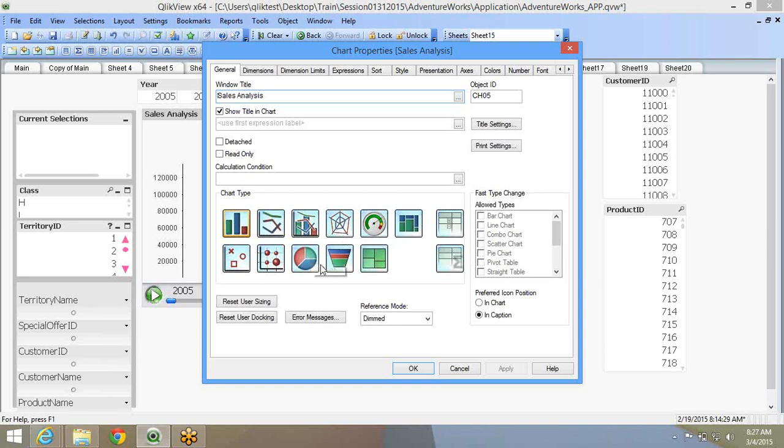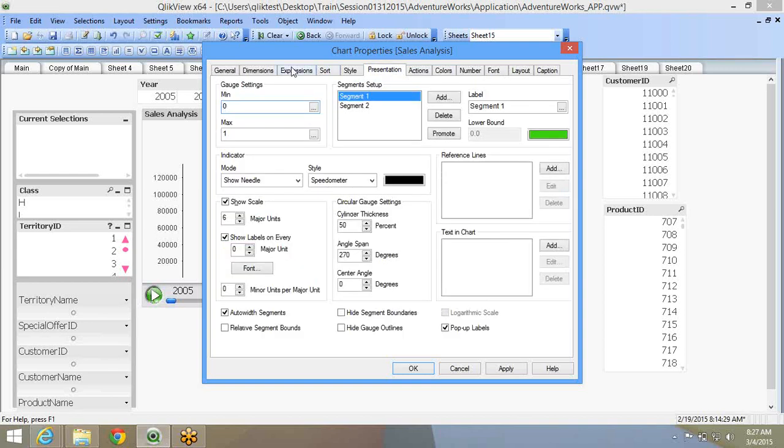Tomorrow we'll look at the ratio charts. Ratio is basically pie chart, funnel chart, area chart, and the Mekko chart. It gives you the overall ratio for a particular value in an overall value. And of course, we'll look at the gauge chart also. Gauge chart in itself has like 4 or 5 different charts.